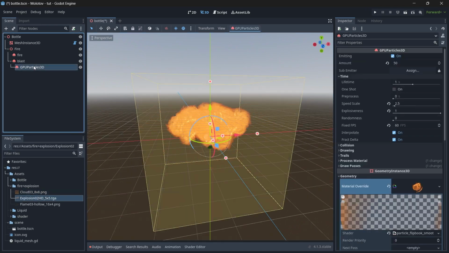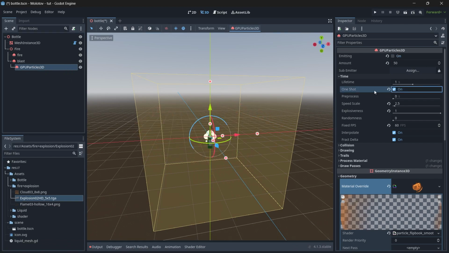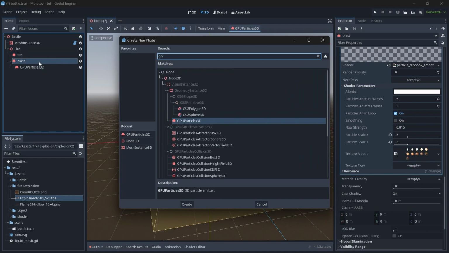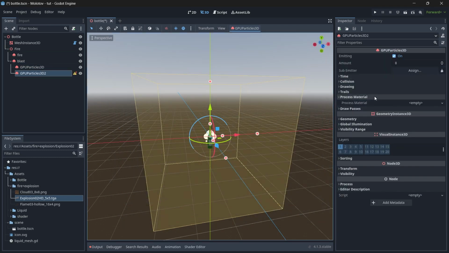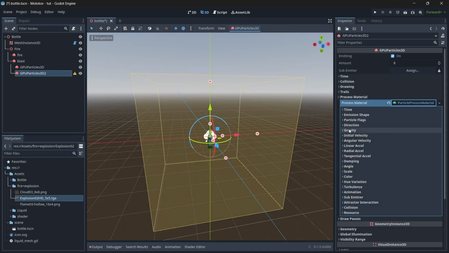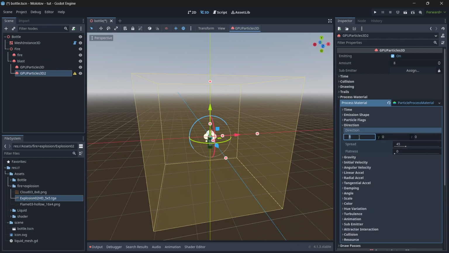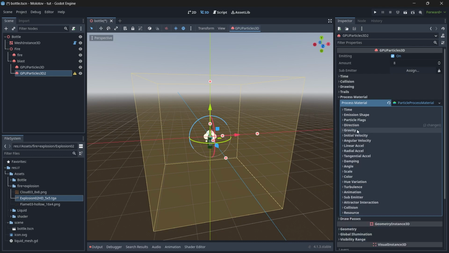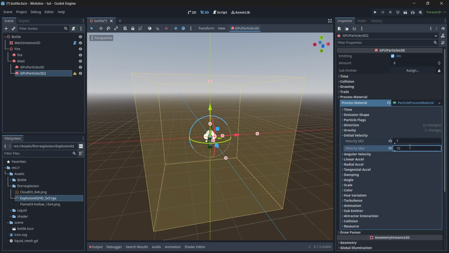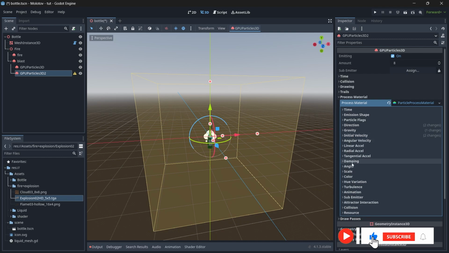Okay, so next for the sparks, let's add a GPU particles, but before that, make sure the blast particles have one shot on, and then let's add a GPU particles. In the process material, let's assign a new particle process material. In the direction, change the X value to be 5, Y value to be 100, Z value to be 5, spread to be 70. Change the gravity to be 0, initial velocity to be from 7 to 10, and damping